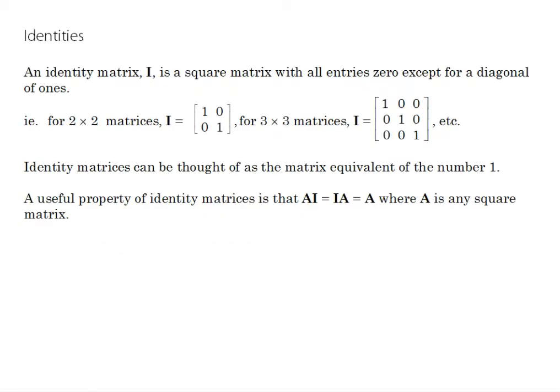So an identity matrix is a square matrix with all entries 0 except for a diagonal of 1s. For a 2 by 2 matrix, that looks like this: 1 0 0 1. For a 3 by 3 matrix, similar, and you can imagine the pattern for 4 by 4, 5 by 5, etc. So identity matrices can be thought of as the matrix equivalent of the number 1, and on its own this